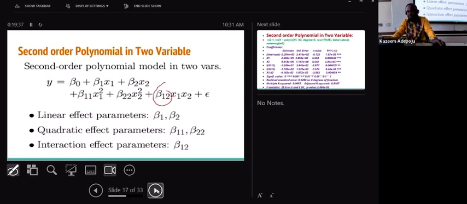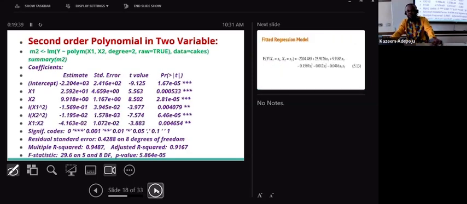Now I'm going to go into an example. I want to talk about baking, okay? If x1 represents temperature in baking, you need temperature and you also need a baking time, right? And if y represents the average